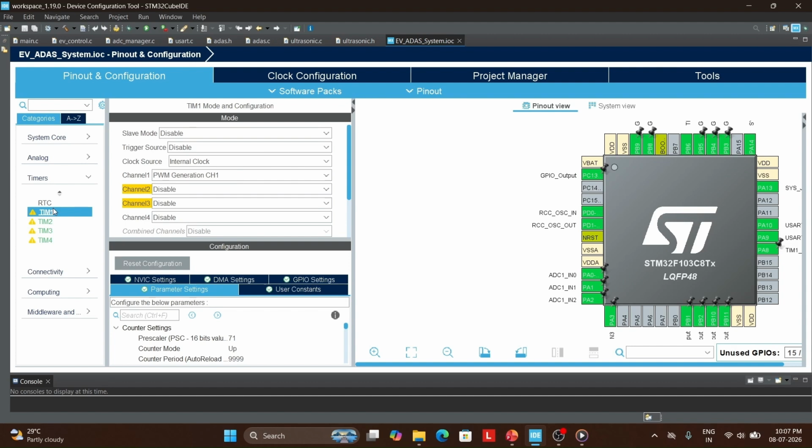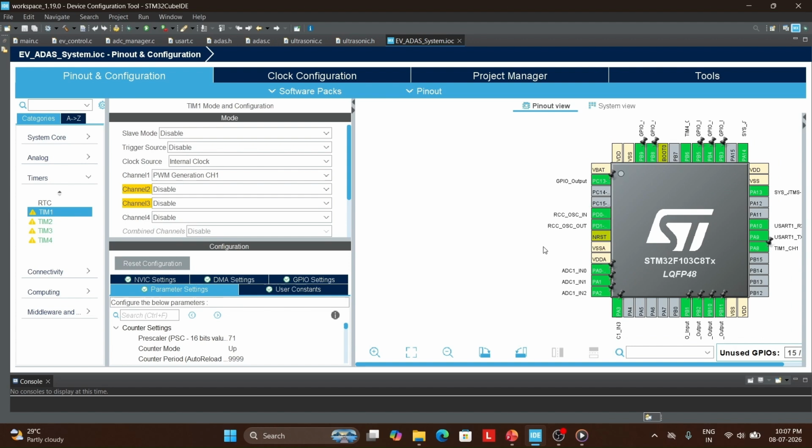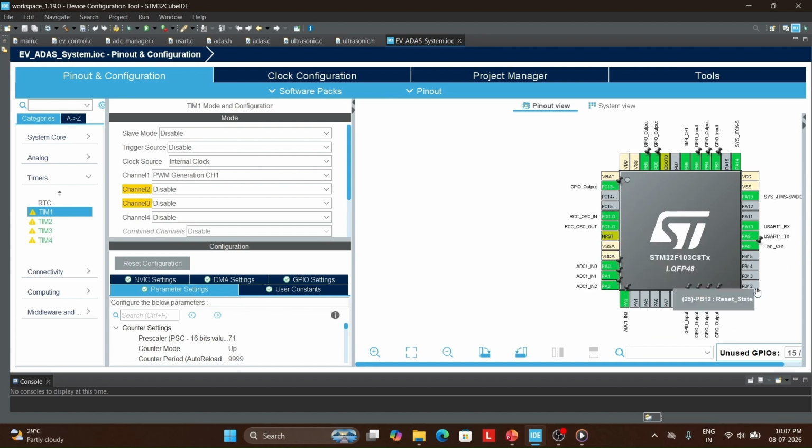This pulse width is then converted to the distance in centimeters. And then TIM1 is used for PWM generation. We can see it's available on PA8 using channel 1,